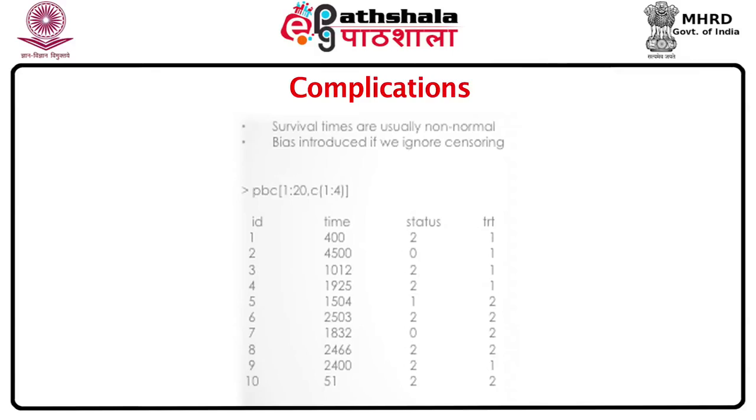For a large part of statistical analysis, we assume that the data are normal or under some transformations can be reduced to normality. Survival times, however, are usually non-normal. There is a class of survival models called parametric survival models, and the common models which we use here are the exponential, the Weibull. There is also, however, an equally large class of models which are called semi-parametric models, where